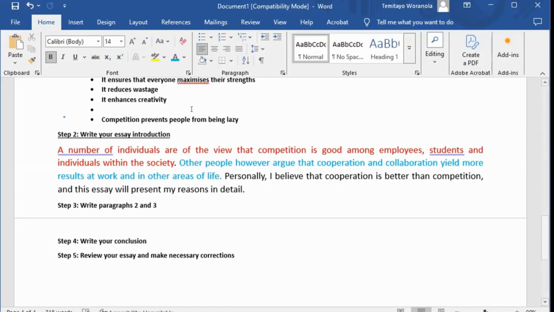Let me see who is following me. What am I to write now based on what I said now? That the position that you support should be in paragraph 3. The position that you don't support should be in paragraph 2. Thank you. You guys are following me. I'm very happy. I'm to write on competition. That is the position that I don't support. Okay? Write on competition.